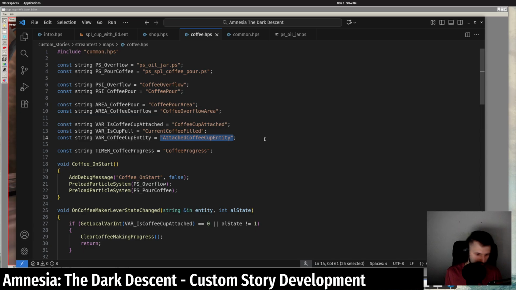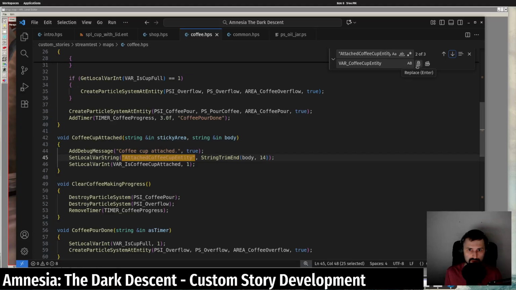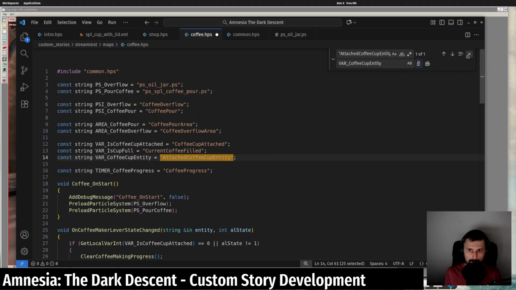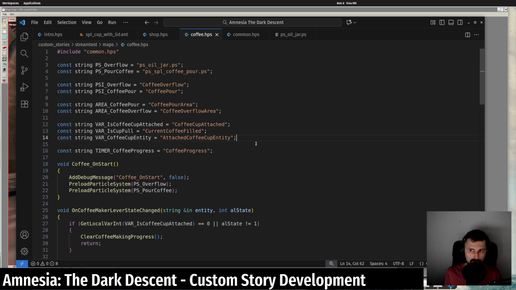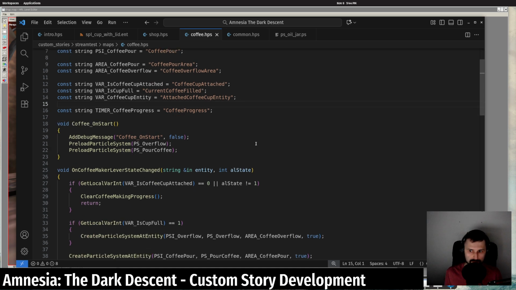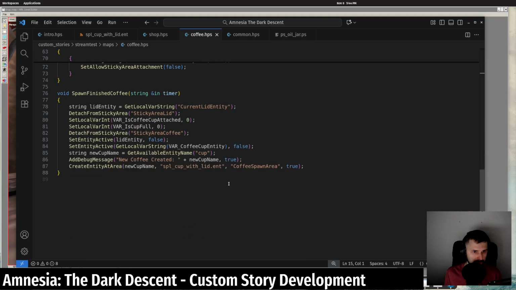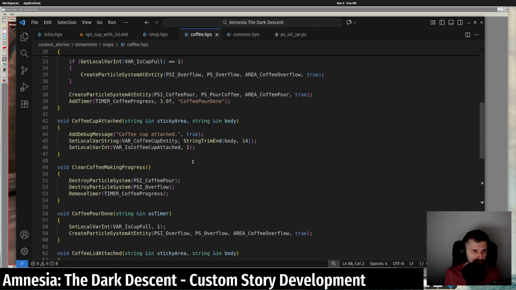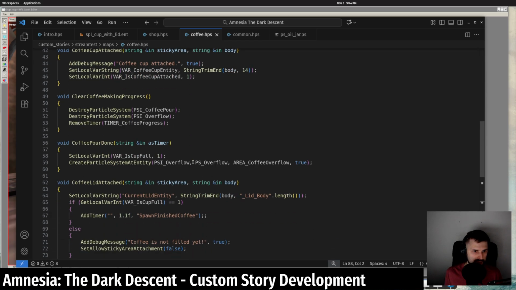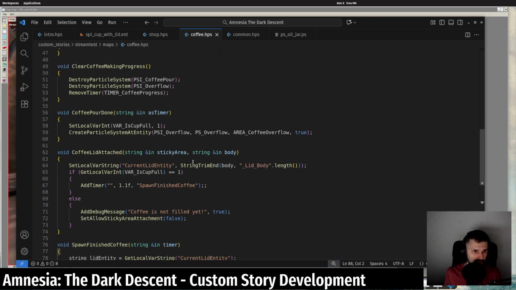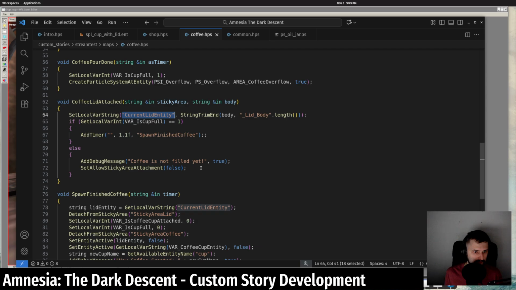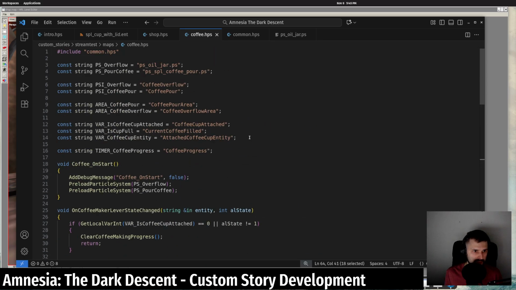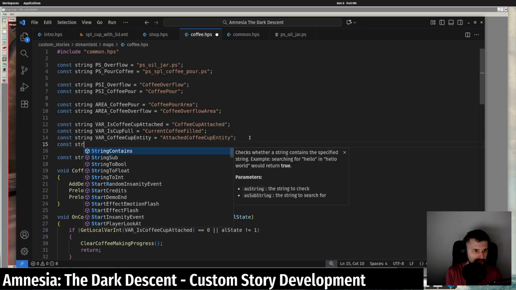Then instead of saying this, we're going to be saying the variable name there. Very cool. Very nice. Yeah. Okay, let's continue. Those are nice. References. Current lid entity is another variable. Yep. Makes sense. Constant string var